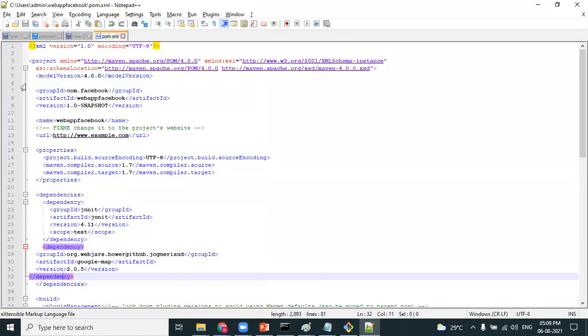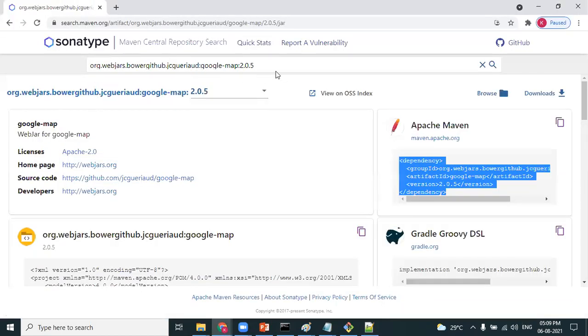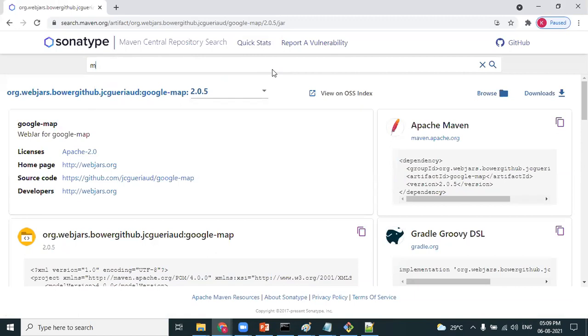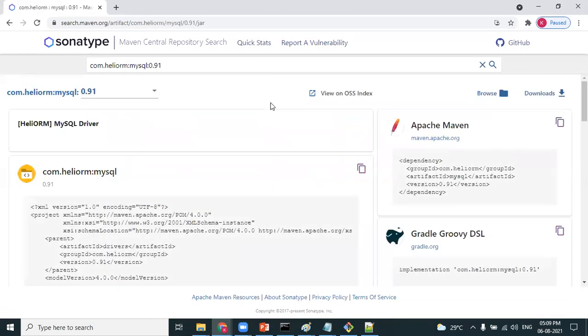That's it. Next, let's say developer looks for an API related to MySQL, so he'll search for APIs related to MySQL. Let's say this is the right API he wants related to MySQL. He identifies the right APIs, he copies the dependency tag. And where should he place this dependency tag related to MySQL?